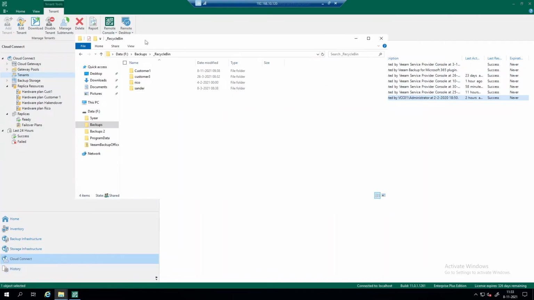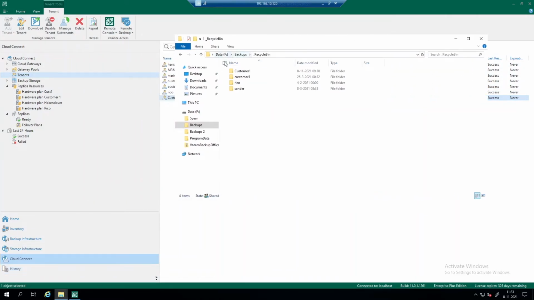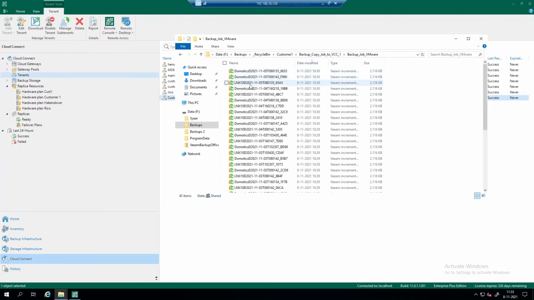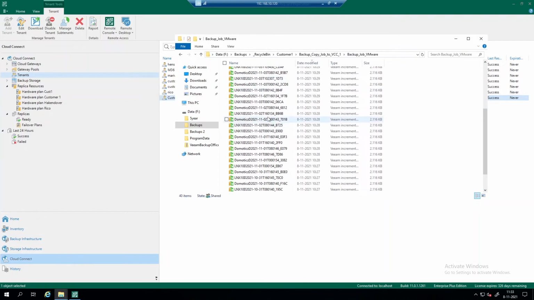So here we have the same path: data, backups, and there is a little folder underscore recycle bin. And within underscore recycle bin, you get subfolders of each of your tenants. And let's go to customer 1. Let's go to the backup copy job to VCC, backup job VMware. And here you can see are my VM backups